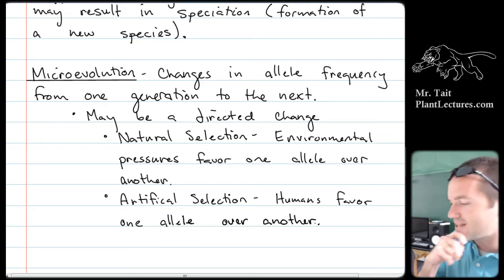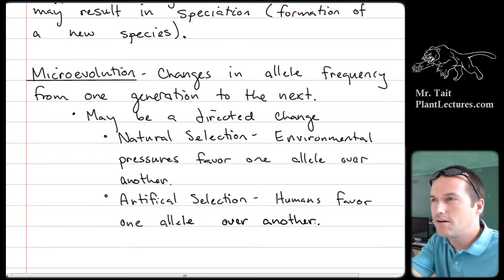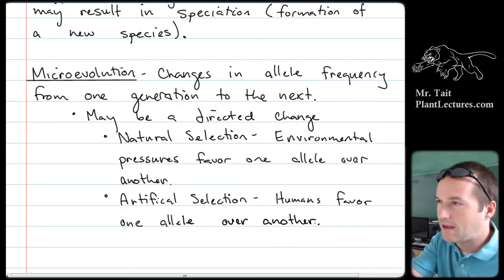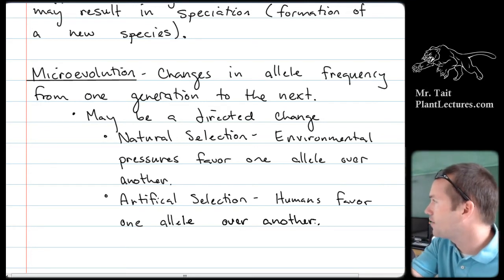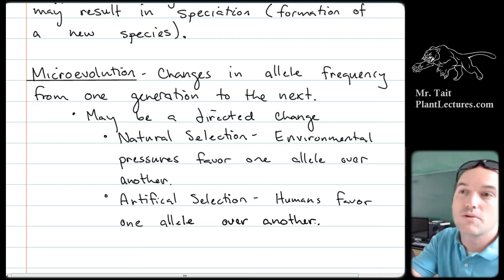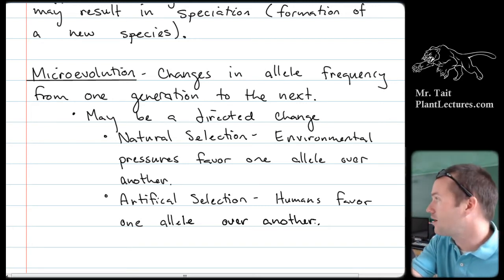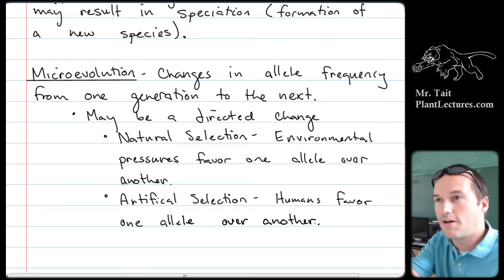So I think the question was asked in here yesterday as to how long does this take? How long does the process of evolution take? And the key to that is it depends on the mortality rate. So if one allele is being selected for by an environment, right, for natural selection, but the mortality rate's like 5%, then that's going to take a really long time to clear out the other allele. But if we're talking about artificial selection, a lot of times when humans do things, we go full out on it. So the mortality rate's like 100%.